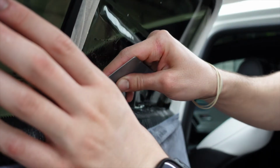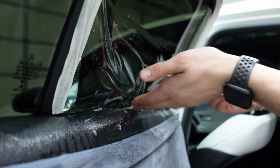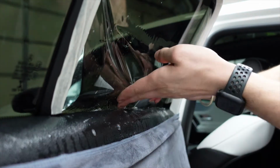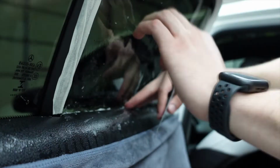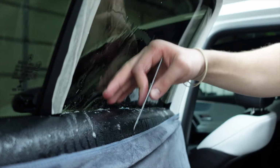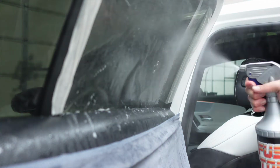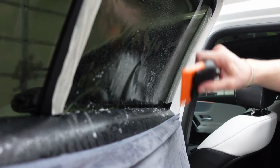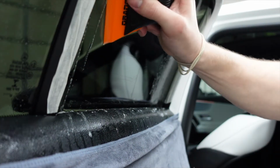And you always want to take your time, especially when doing this. I'm really trying to focus because this is usually, if I mess up, where I mess up. Like I said, this is going to be pure unfiltered video. So once we have the film down below the gasket, like we do now, we're going to squeegee out this soapy water with the same tools,